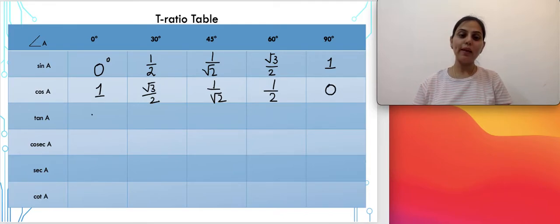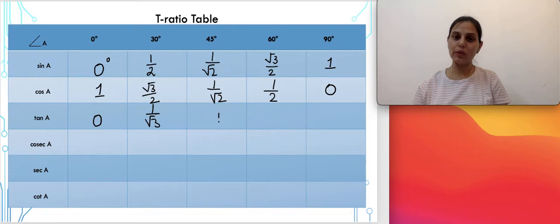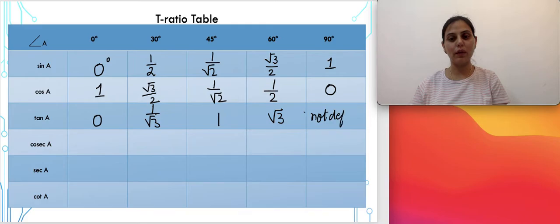Now we know that tan is the ratio of sine upon cos, perpendicular upon base, that means 0 upon 1, tan 0 will be 0. tan 30 डिग्री का मतलब है 1 upon 2 divided by root 3 by 2. जब हम इन दोनों terms को divide करेंगे तो denominator का 2 cancel हो जाएगा and your answer will be 1 by root 3. Similarly for tan 45, when you divide these two terms, you'll get the value as 1. For tan 60 degree, when you divide these two terms, again 2 and 2 will get cancelled, so the value will be root 3. And tan 90 की value will be 1 upon 0. Since division by 0 is not defined, so for this the answer is written as not defined.